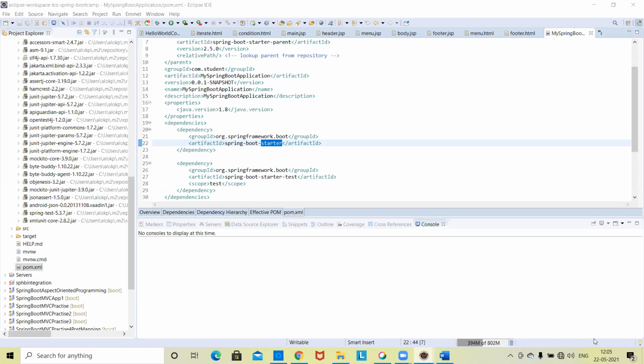You will notice that it is building. The first time it will take some time, because those jar files will be downloaded to your system. You may wonder where these jar files come.